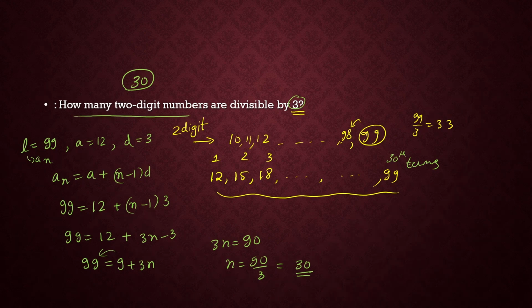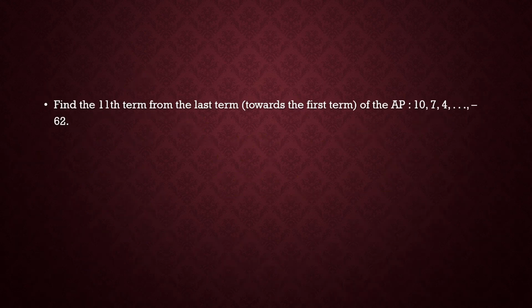So that's it. Let's move on to the next question. Find the 11th term from the last term. Okay, and the given AP is 10, 7, 4, and it goes to minus 62. So whenever in the question they ask you from the last term, whatever you have to do is just reverse the given AP. Reversing the given AP means you are writing it in the opposite manner. So minus 62 comes first, then